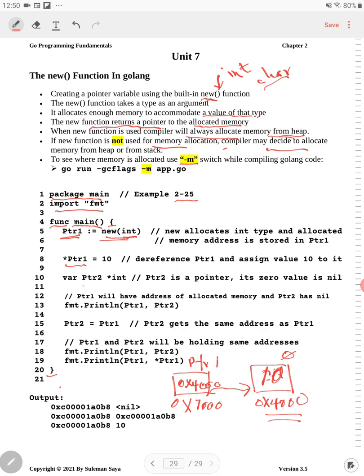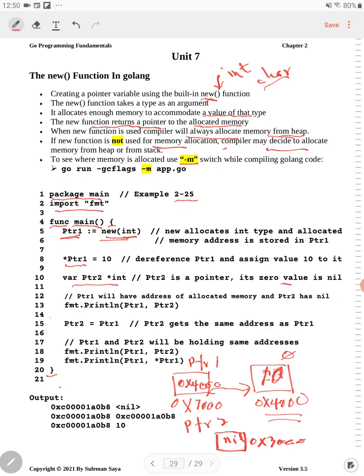So when we do this part right here, ptr2, when we created it at line number 10, it will be created at some address location. Let's say it is created at 3000, and it will be a pointer type. In this case, this will be a zero value, so this will be a nil. This will be initialized to nil. And then